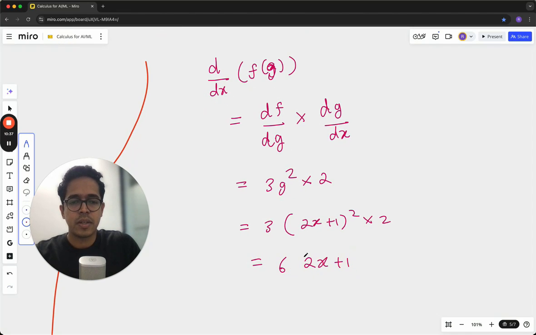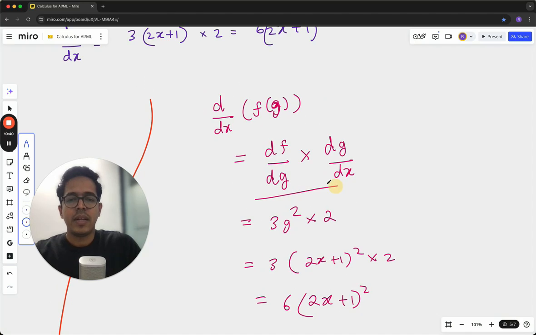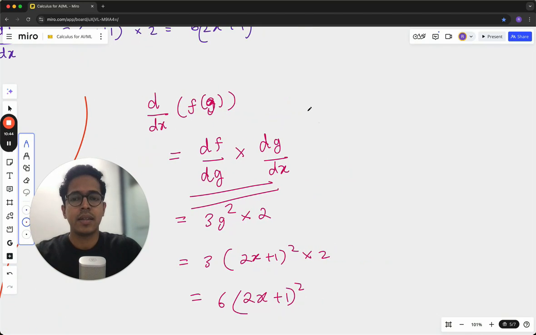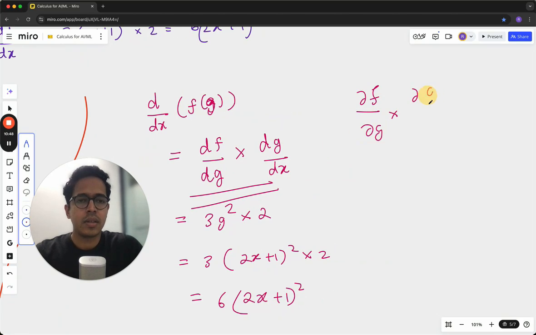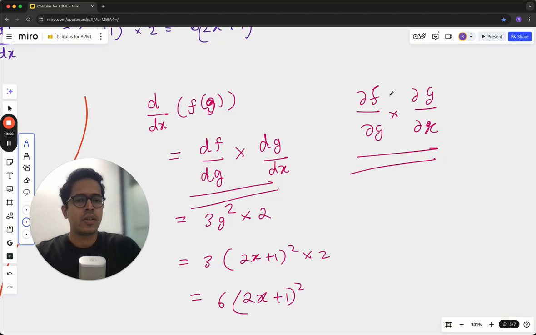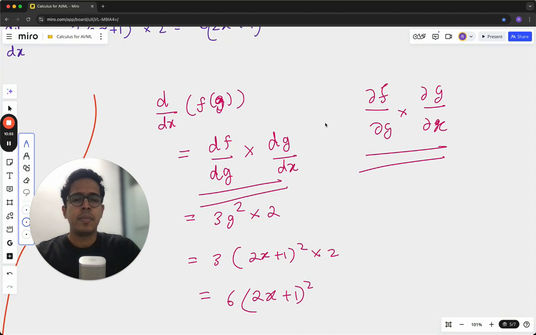times 2x plus 1. So please remember this. Although strictly writing, this is not how people usually write. You write it as partial derivatives, dou f by dou g times dou g by dou x. But we don't want to enter into the details of that right now. But basically here,